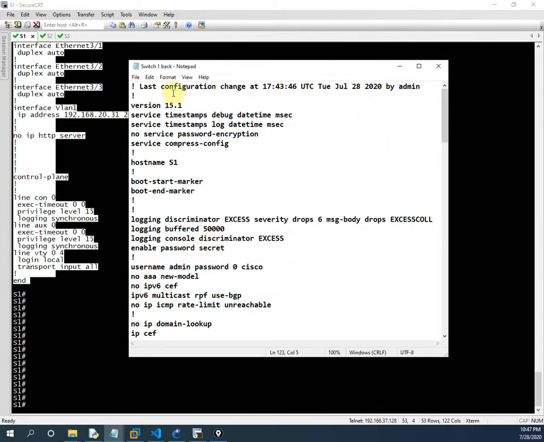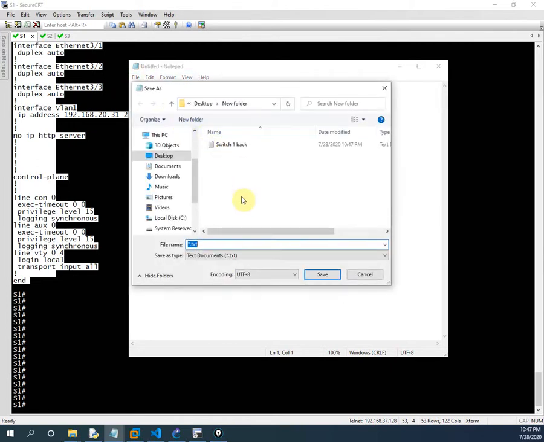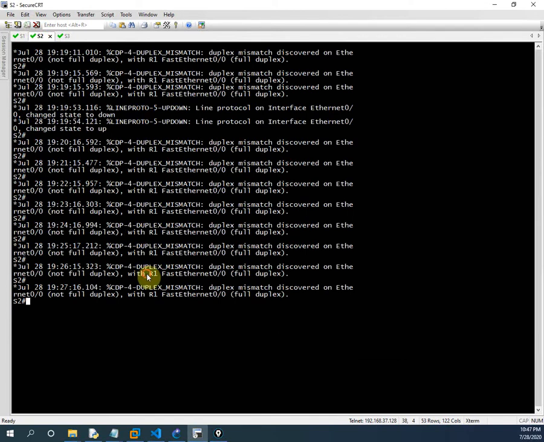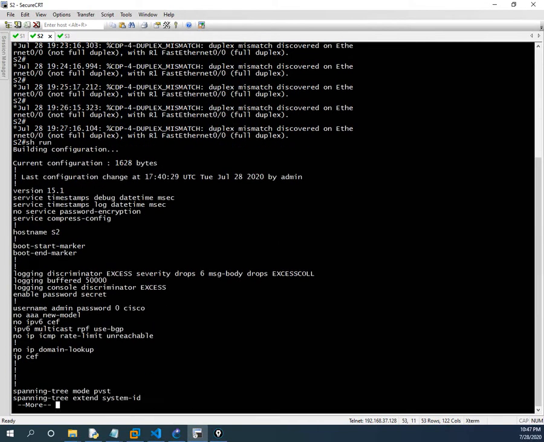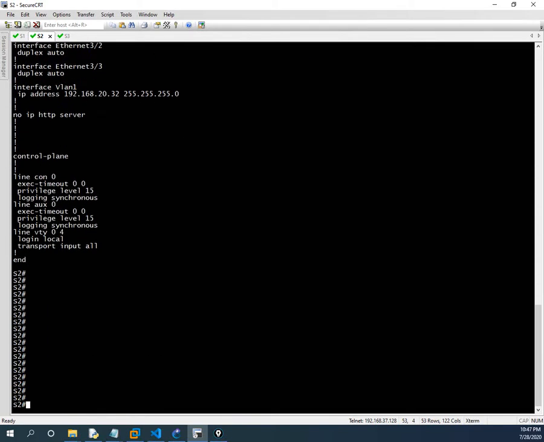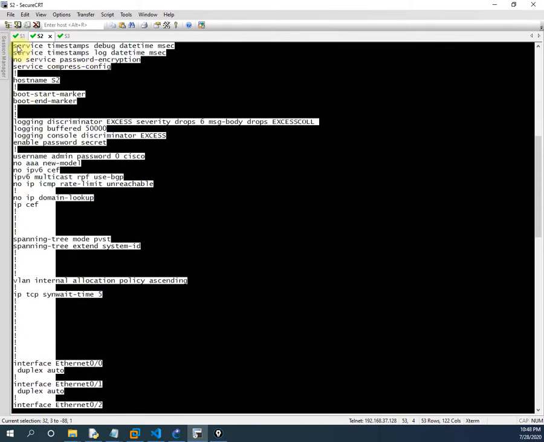Then I open a new notepad and save it as switch 2. I go to switch 2 and write the command show run, pressing enter several times. Here there are very few commands, but in a real scenario in your organization, we will have so much configuration.